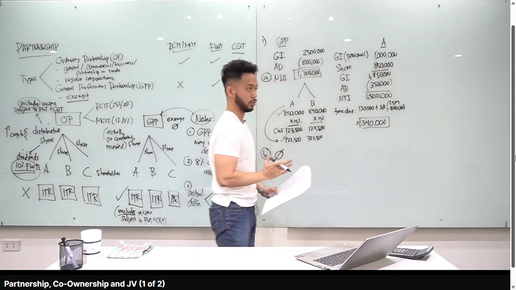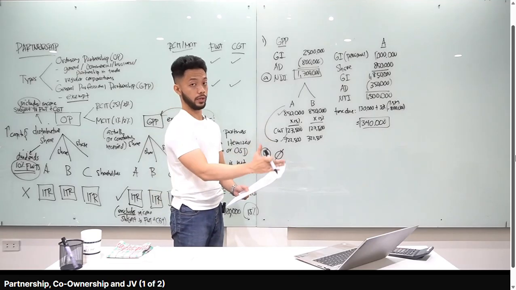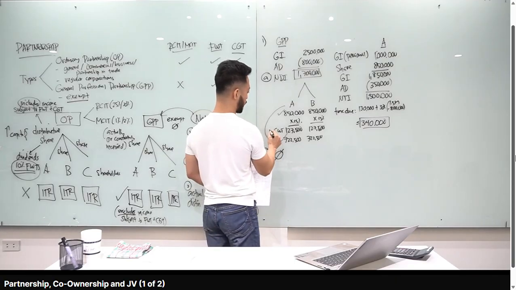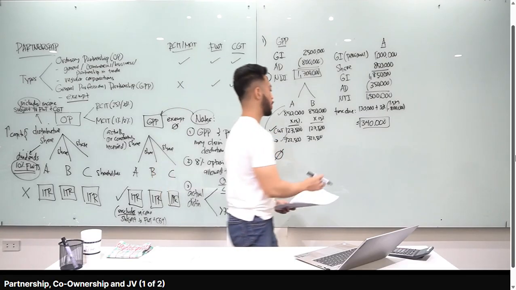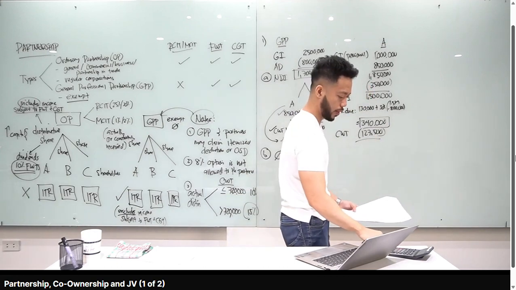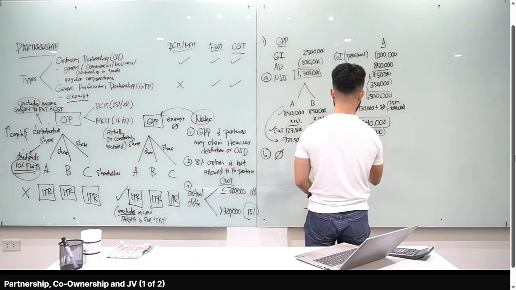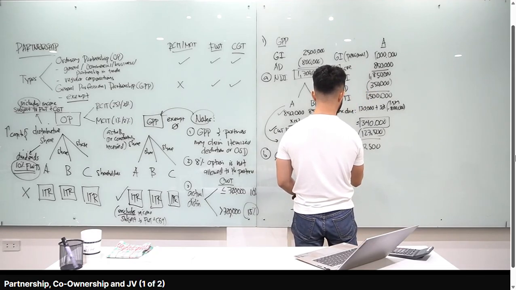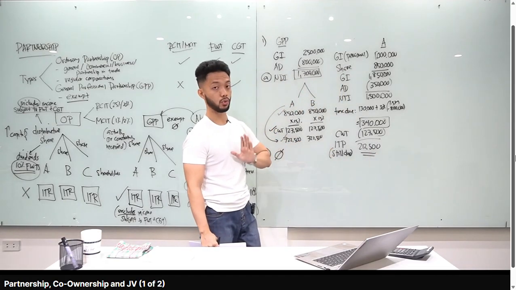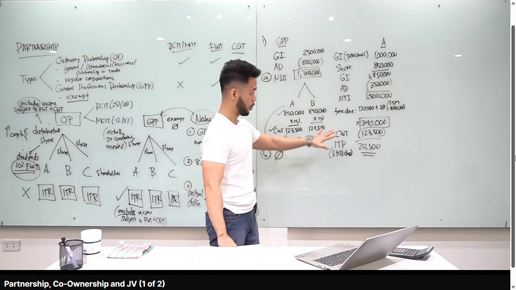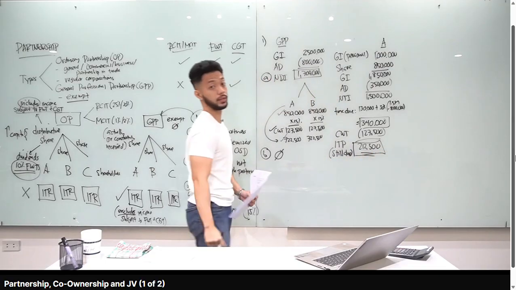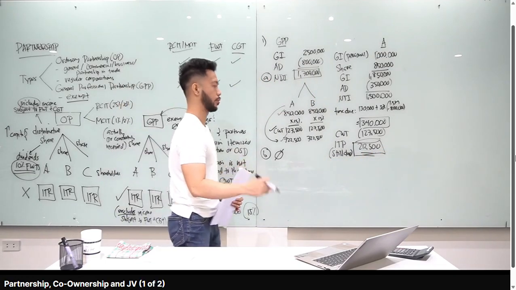Pag sinabi mong income tax due, yun yung total na kailangan mong bayaran kay BIR. Okay? Pag naman sinabi mong income tax payable, ima-minus natin yung CWT. Take note class, yung CWT, bayad na yan, tama? May advanced payment na yan. So kapag niles mo yung CWT na 127,500, okay, 340,000 minus 127,500, you get 212,500. Ang tawag natin dito class is income tax payable or also called income tax still due. Okay, income tax payable or income tax still due, ibig sabihin, iyan pa yung kulang na bayad mo kay BIR. Okay, so pinapahanap sa atin sa problem is tax due, 340,000 yung sagot, pero sagutin na rin natin yung income tax payable, that is 212,500. So ingat ka lang, magkaiba yung income tax due and income tax payable.